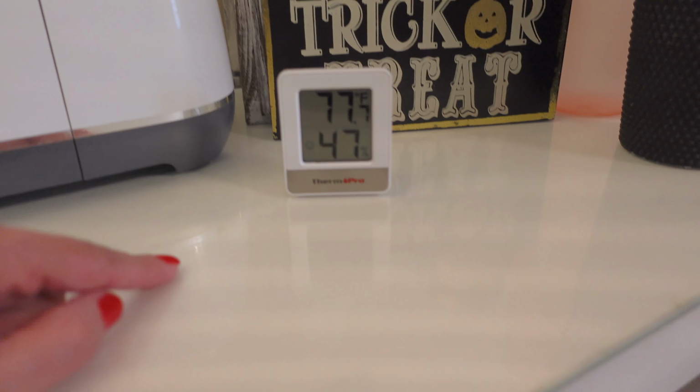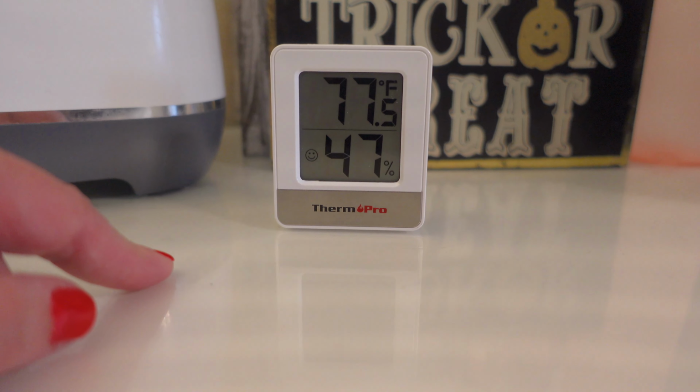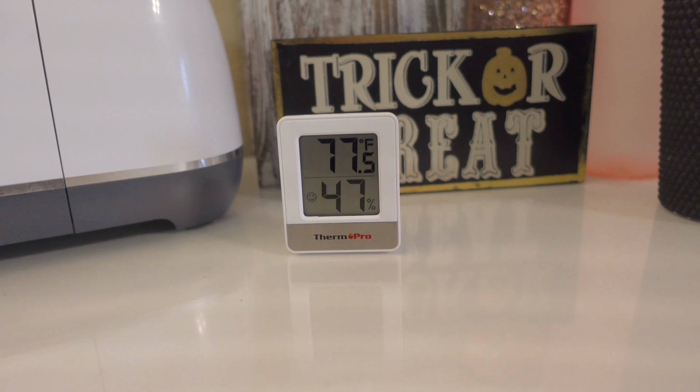Okay, so you guys can see this is what it looks like. That's how big the display is. And I wanted to show you how stable the numbers are, because I know when I was filming in the garage, they were jumping all over the place, but that's because I was moving it around. And that goes with